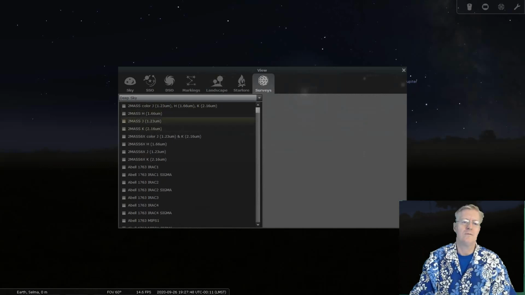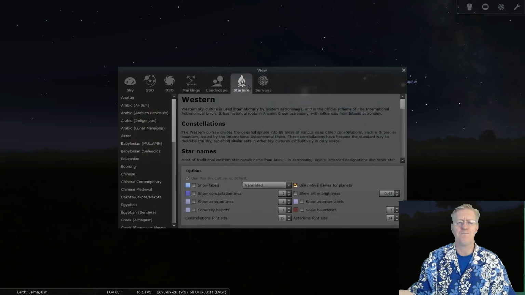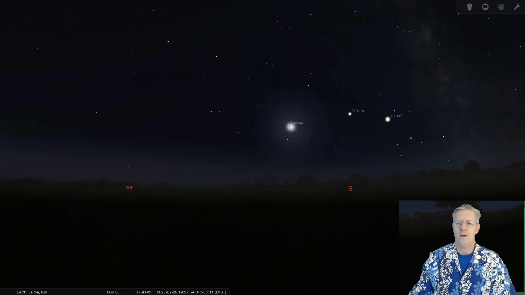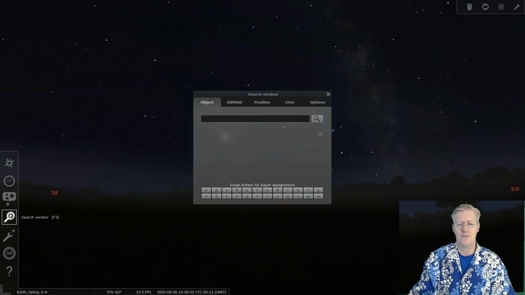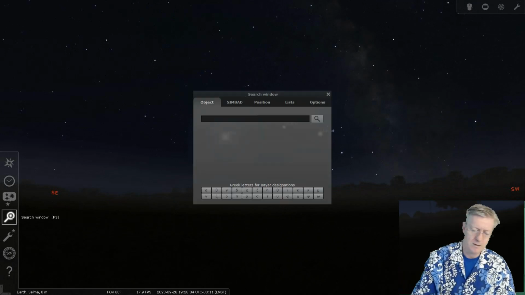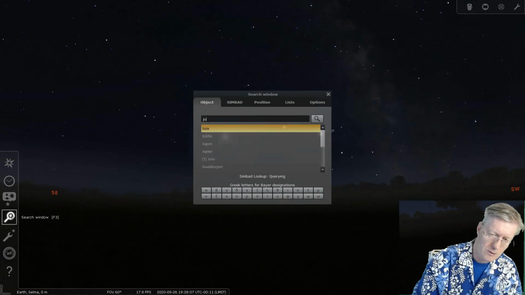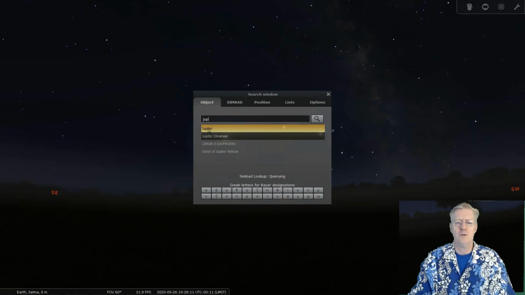All right, we're going to leave those off for right now. But this is amazing, all the options here that we have. The next thing that we have here is sky and viewing. Done that. Next is we can have a search. So if I wanted to search for an object, boom, I can search for an object. So I can go Jupiter, and there it goes, Jupiter.